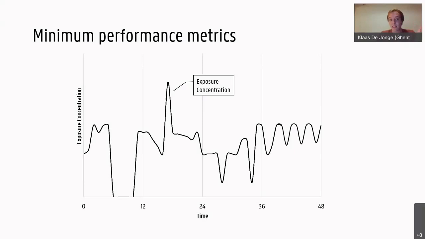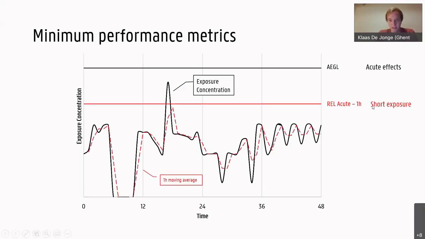So to start, the minimum performance metrics, so the checklist to pass or fail. We have two categories. The first one is based on the exposure concentration. So this is a fictive example. So if you look at exposure concentration, the first check we're going to do the